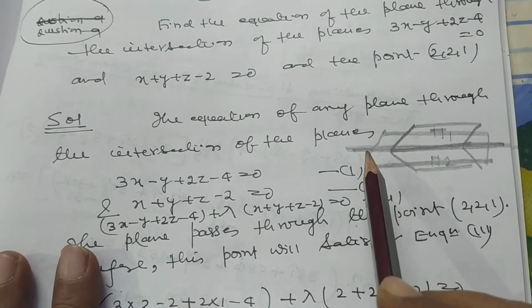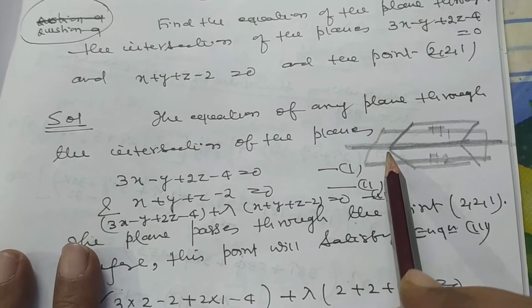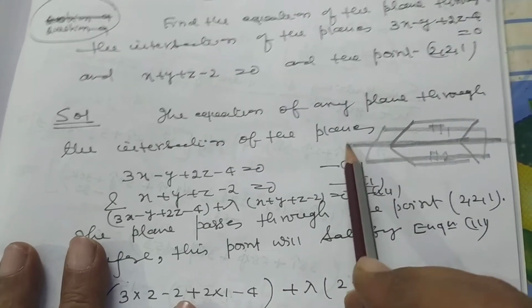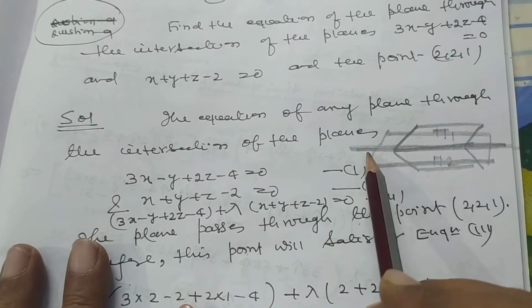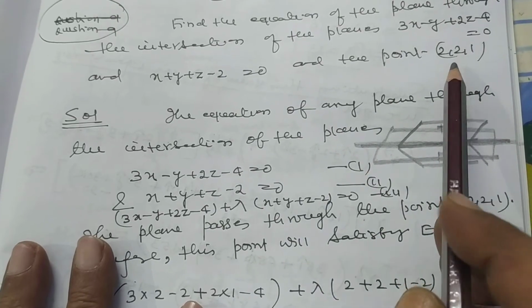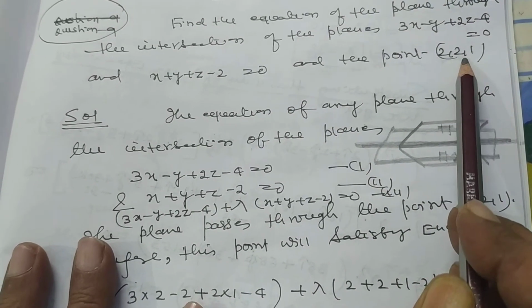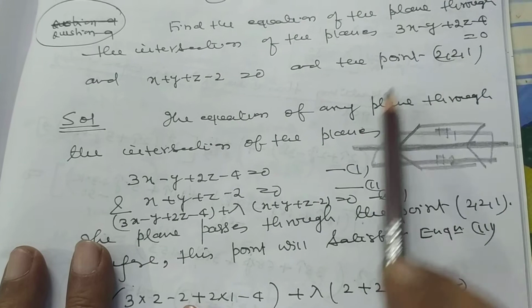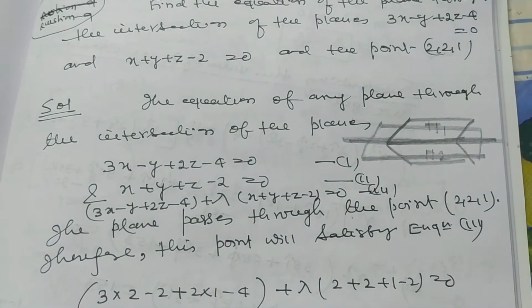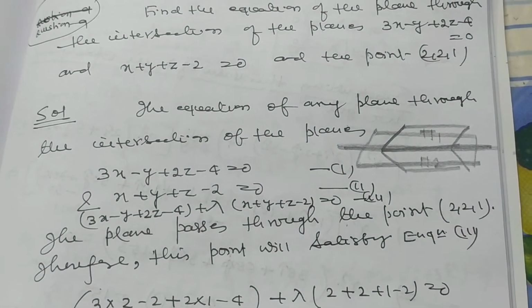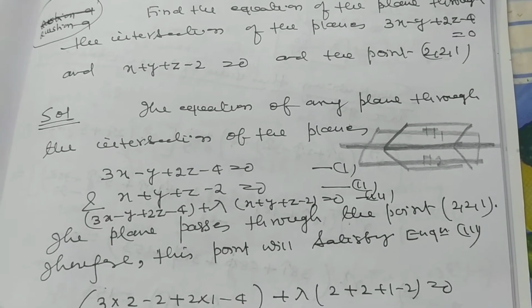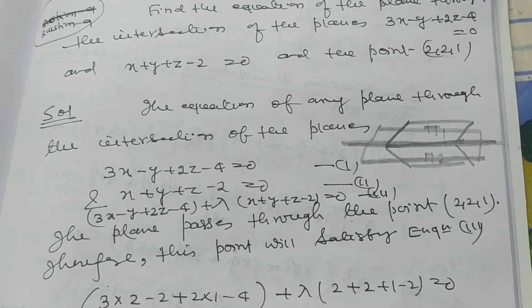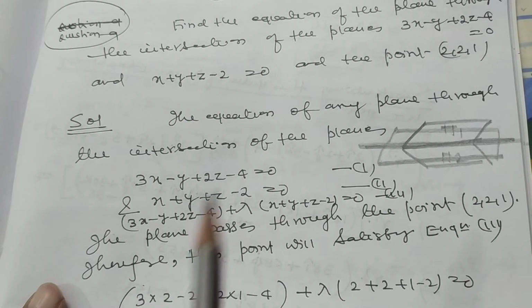So we have to find the equation of the plane which passes through the line of intersection of these two planes and passes through the point 2, 2, 1. प्रिय विद्यार्थियों, यह सवाल बहुत ही इंपॉर्टेंट है। एक सवाल से अनेकों सवाल हम बना सकते हैं इससे, इसलिए पहले क्या करेंगे, इक्वेशन ऑफ प्लेन निकाल लेंगे।